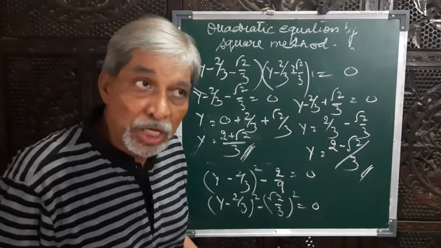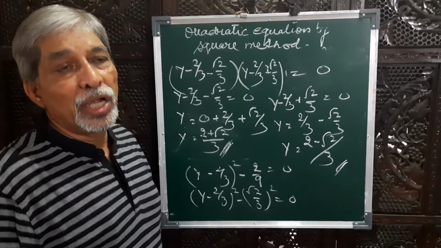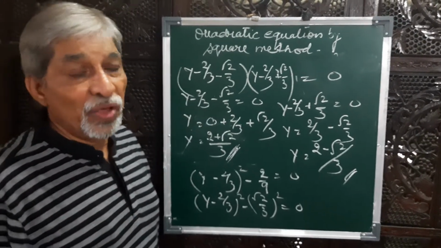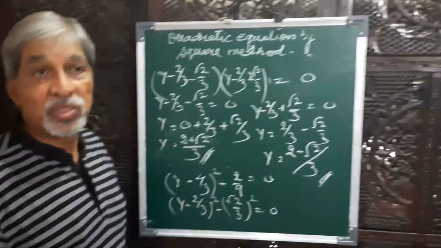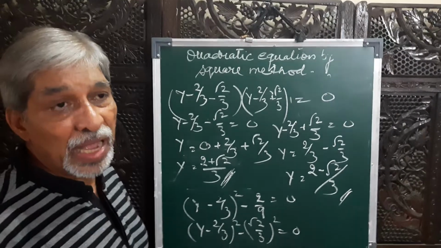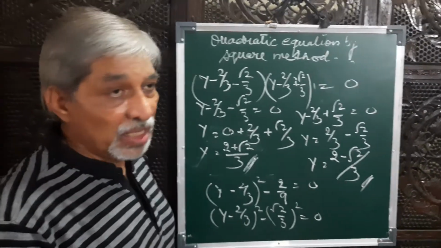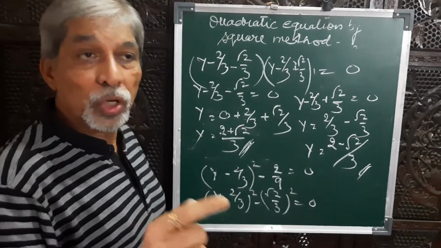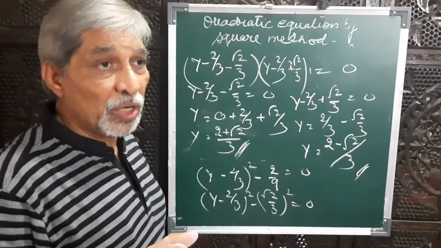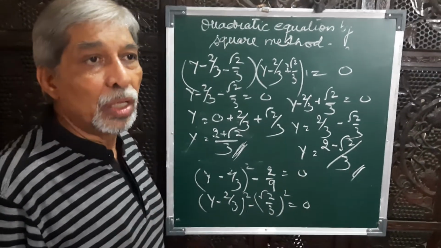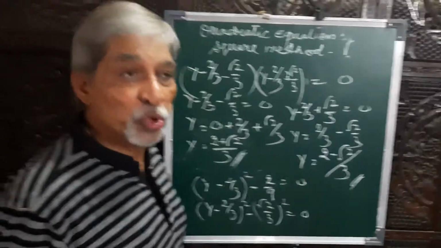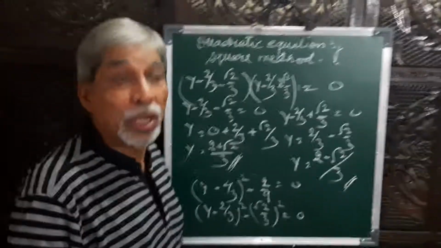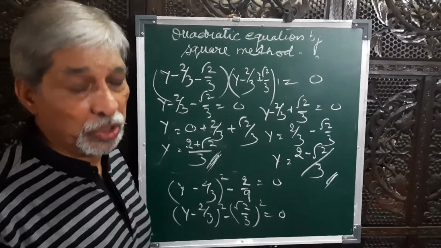So once again I give you the recap. If the quadratic equation is to be solved by the perfect square method, very first we check the first term. If that first term has any coefficient other than 1, to remove that, divide the whole equation by that particular coefficient. After that, whatever equation you get should be converted into a perfect square. To convert it into a perfect square, you have to add some term, which is usually called the third term or last term.